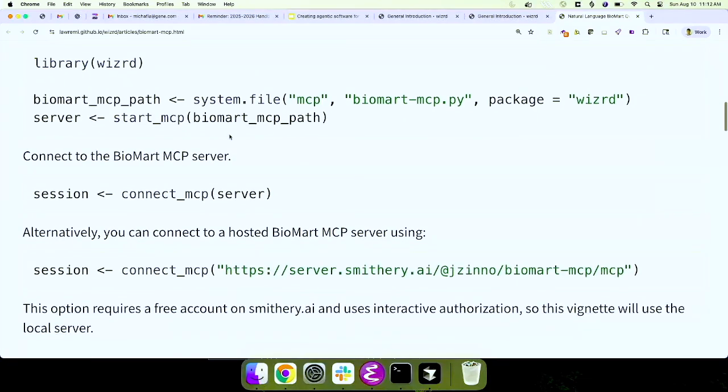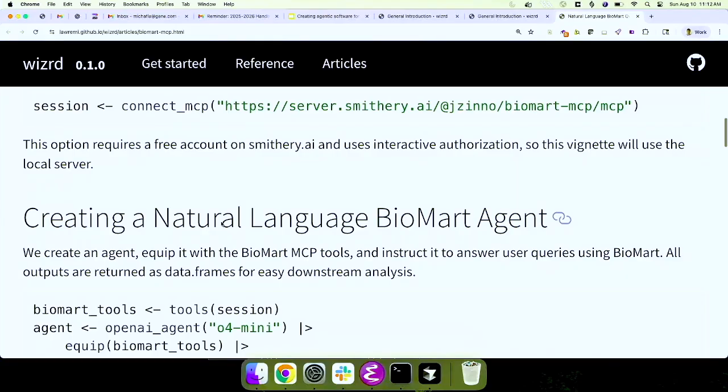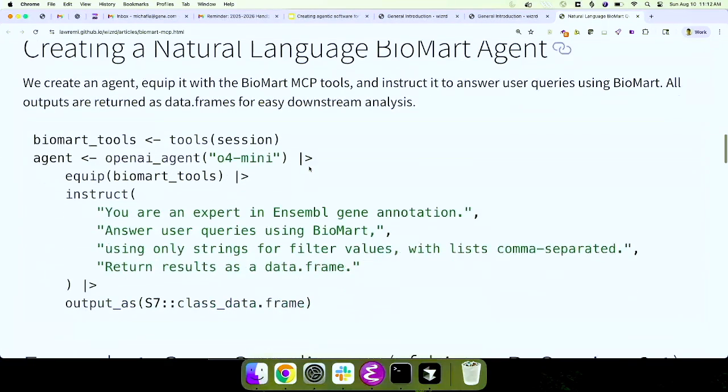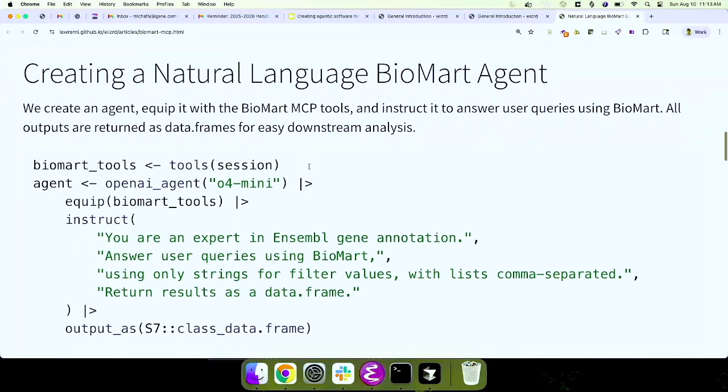It's just embedded now in the package. So we just say start MCP. We give it this Python file. This actually uses reticulate and things behind the scenes to start this up in a clean way. Then you can connect to it. There are a lot of MCP servers written in Python, so it's something that you'd want to support out of the box. You can also connect to the actual remote server. This actually does some dynamic OAuth stuff that I implemented on top of httr2, which is pretty nice. It probably should be pulled out of the package, but anyway.